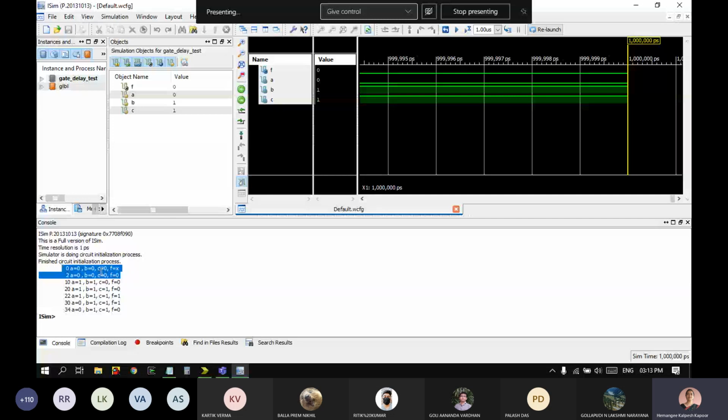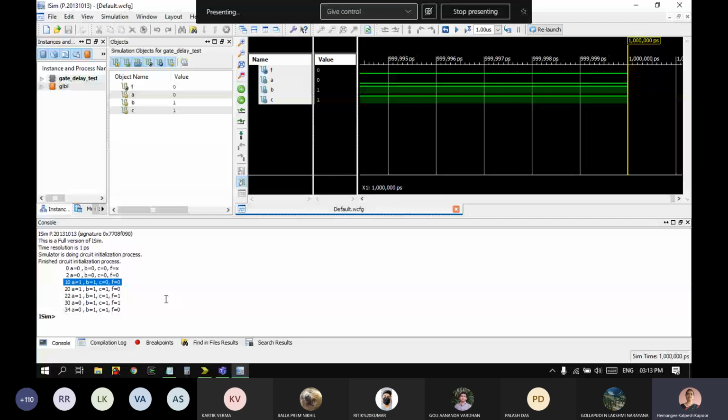So F was don't care in the beginning, because both the gates were having a delay of 2 nanoseconds. At the end of 2 time units, F became operational, it became 0. Again, the next input combination did not change F, so we have got all the outputs ready at time instant 10. Nothing happens at 12 because no variable is changing. Although an input variable changed, the intermediate variables, nothing which affects the output, changed in the circuit, and hence the answer is ready at 10.